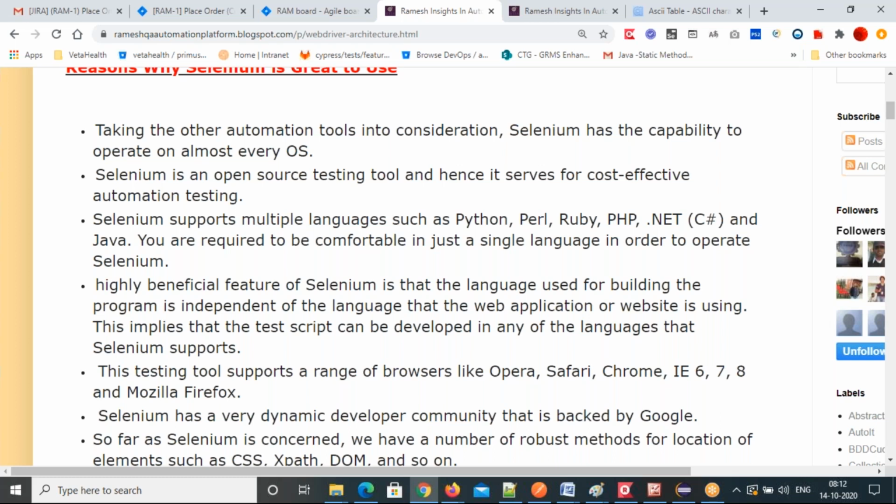So you can also integrate with the Selenium WebDriver for web application testing. And another thing is Selenium is an open source tool. You don't need to pay money if you want to use that tool. That's another advantage, cost cutting, right?